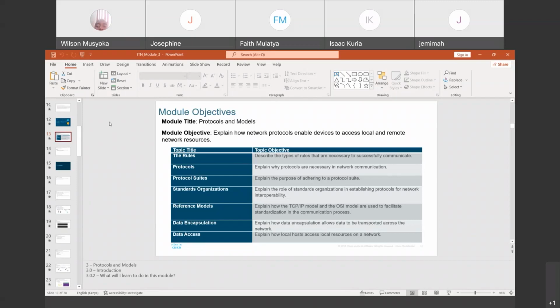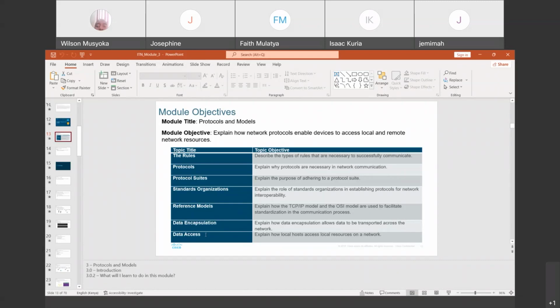Then we also have the reference models, which we have said are the TCP/IP and the OSI model, and how they facilitate standardization in the communication process. Then we have data encapsulation, how data is encapsulated as it is transported across the network, and then data access, how local hosts are going to access local resources on a network.